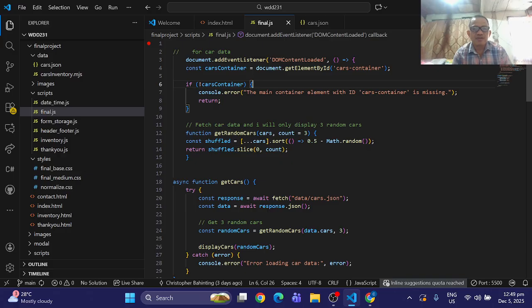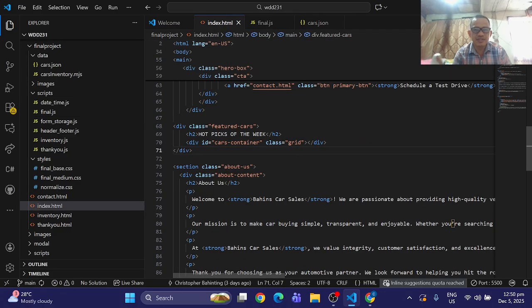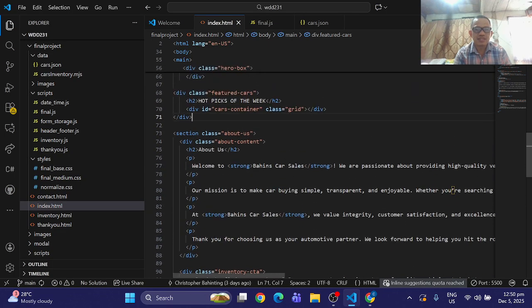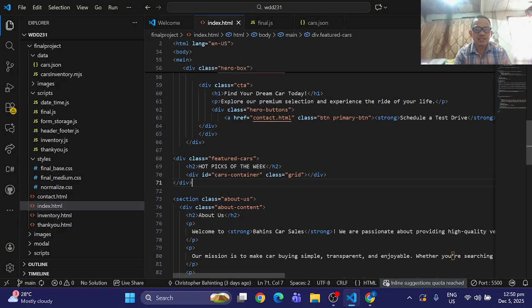Now I have here a constant value, cars container, to target the element of cars container in my index HTML. This index HTML, this one.